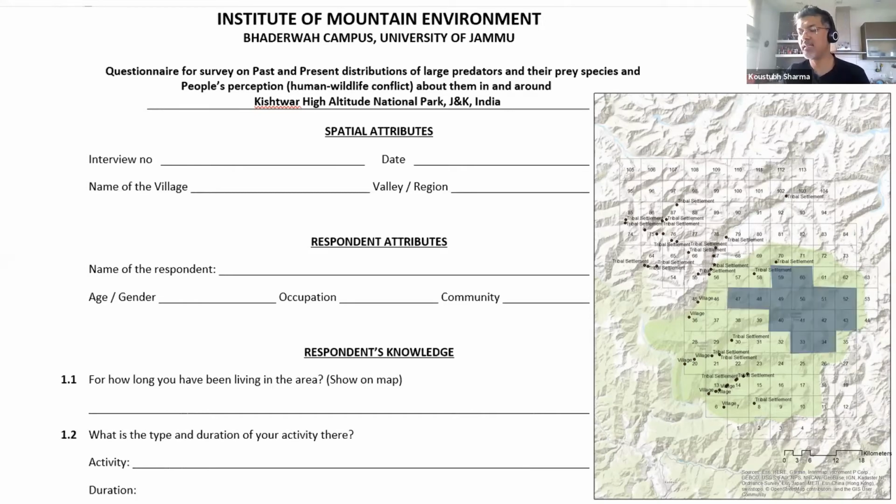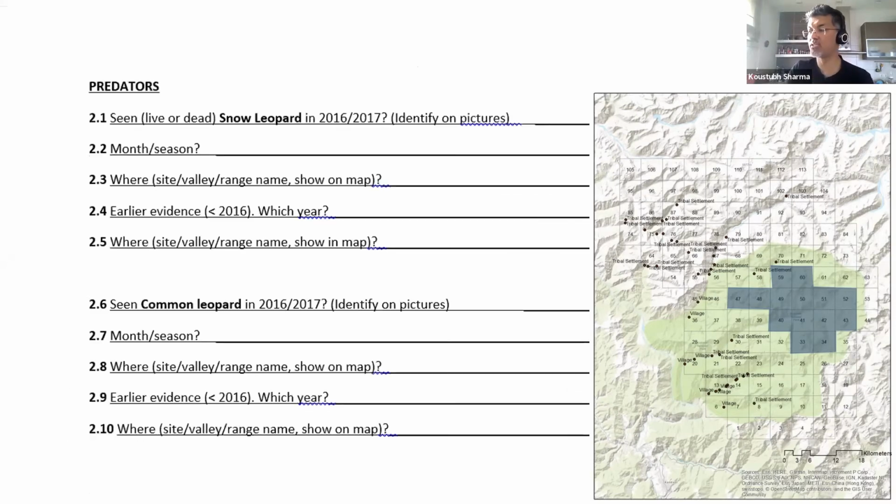And in this case, let's say this person said that these are the grids that he uses. So Muzaffar made a mark on a map at the same time saying that these are the areas which define the interviewee's area of knowledge. And then he went to the second level where he started asking questions about species distributions, species detections. And this is where he asked if people had seen a snow leopard or a common leopard. People said, yeah, they had seen common leopard in these 3 units. And the same person said that he had also seen a snow leopard maybe a year ago or sometime during a certain period that he asked them about.